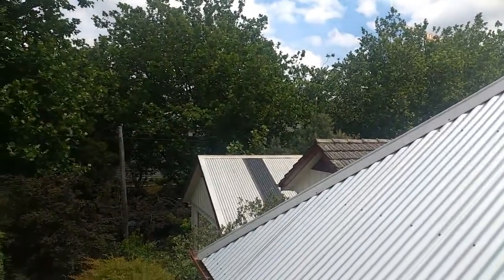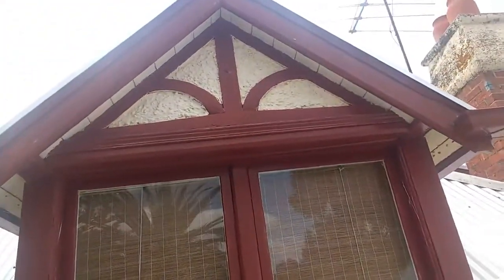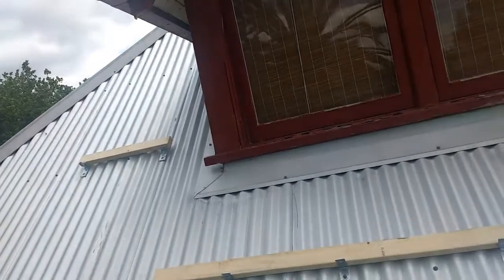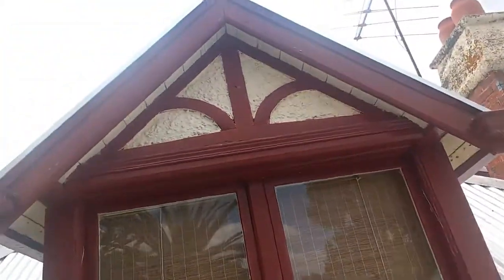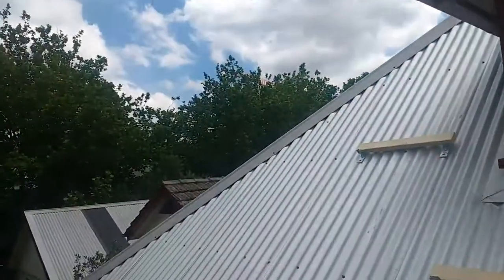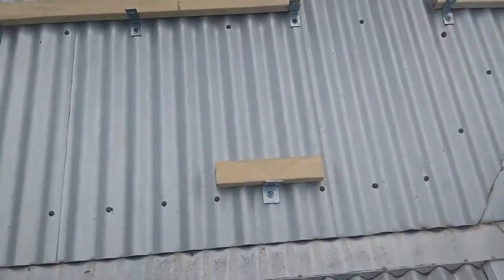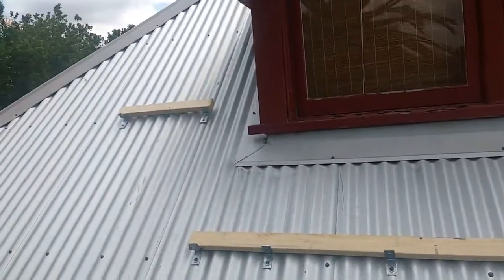You might repaint the ground floor in 5 or 10 years or whatever, but you don't want to be coming up here every 5 years to do this paint job, because it's a bit tricky and might get expensive or difficult to get up to. But anyway, because there's not much of it, it's not worth getting a scaffold in. So I've just done a little bit of custom design, little rungs, almost like ladder rungs,